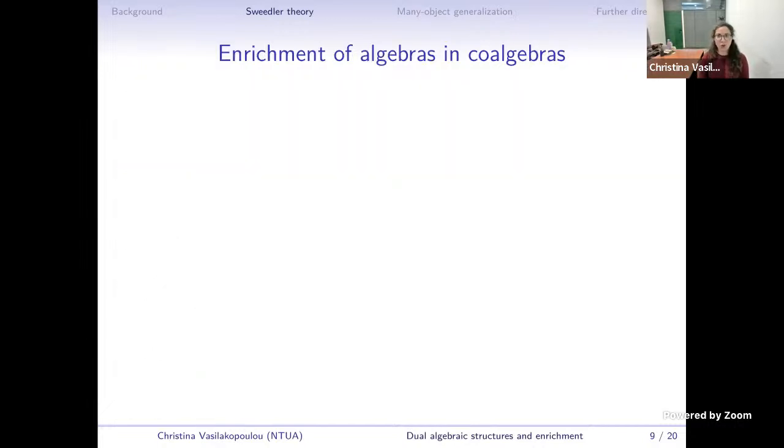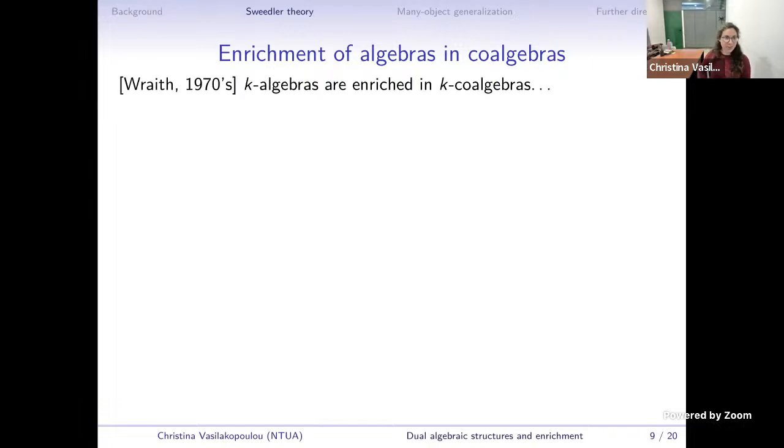Great. So going a bit further on, we obtained this adjunction having to do with the universal measuring coalgebras, but it was even Gavin Wraith back in the 70s, a little bit after this measuring coalgebra thing was around, who suggested that this introduces an enrichment of the category of algebras in coalgebras. And this is the case, and we can obtain this